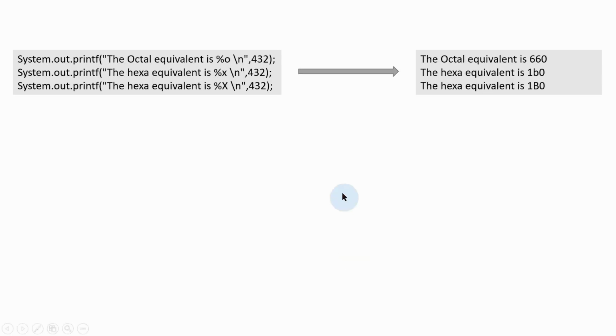And the next example I am using with respect to octal format as well as hexadecimal format. Here I have considered the input argument 432. Then I am displaying that 432 by using octal number format with the help of format specifier percentage %o. Automatically I got the octal equivalent in the display, 660, for 432 decimal number. And then I have used percentage small x to display the hexadecimal equivalent of 432. So that is 1b0 displayed in the output. And then I have used uppercase X here. Then automatically now I got uppercase B in the output, 1B0.